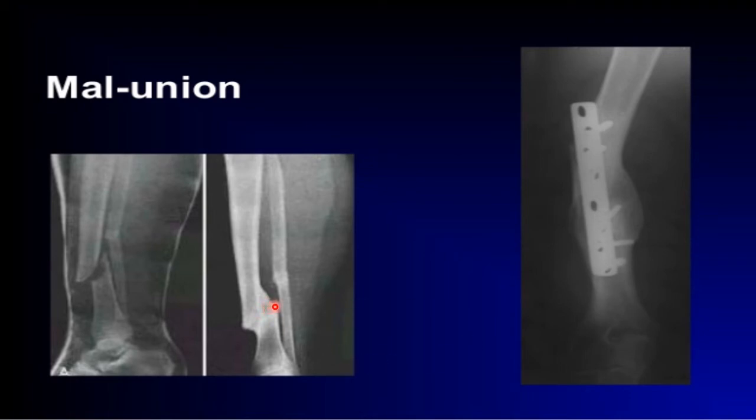Here you see malalignment. The POP cast on this fracture of the lower end of the tibia did not correct the deformity of the fibula and tibia adequately. As you can see, the long axis of the upper segment is going in this direction, and the lower segment is going in this direction, and there's a big angle in between, usually more than 10 degrees, or a displacement of more than one third of the bone should not be accepted.